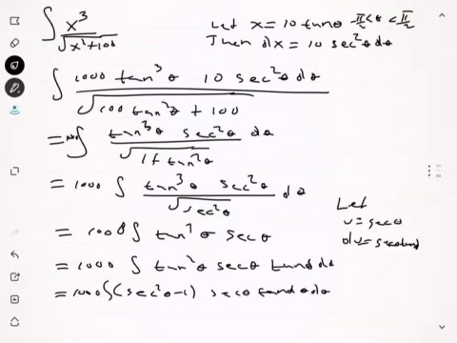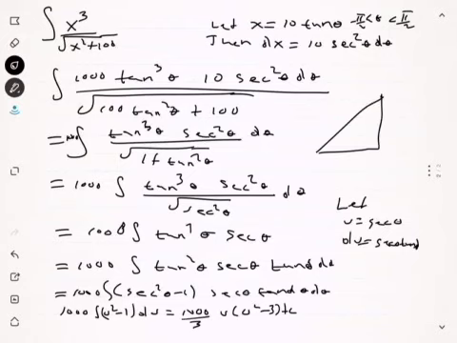By plugging in u for secant, we get 1000 times u squared minus 1 du, and integrating we get 1000 over 3 times u squared minus 3 plus c. And then again we're going to do this right triangle to find what the u is, because this is really 1000 over 3 times secant of theta, and then secant squared minus 3 plus c. So then this would have to be 1000 over 3 times secant of theta, which, if tangent of theta